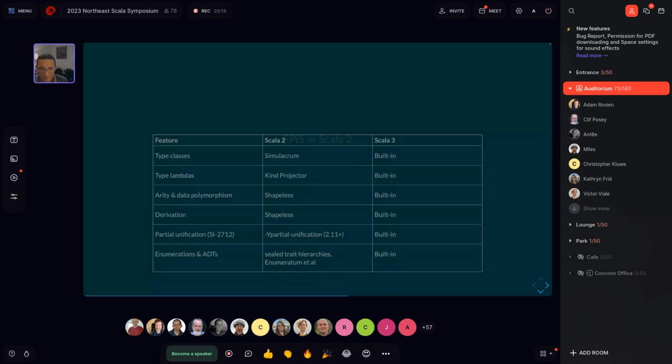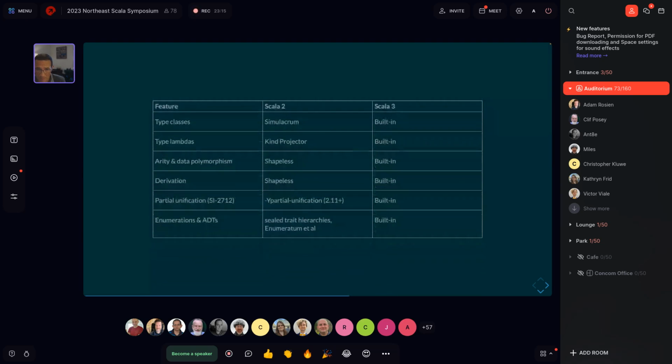To back that up a bit, these are some of the things that became essential over the last decade to write functional Scala at scale. And in the Scala 2 column, it's the infrastructure that we built, either as part of the open source community, as part of EPFL, et cetera, to address the gaps in what Scala 2 could do.